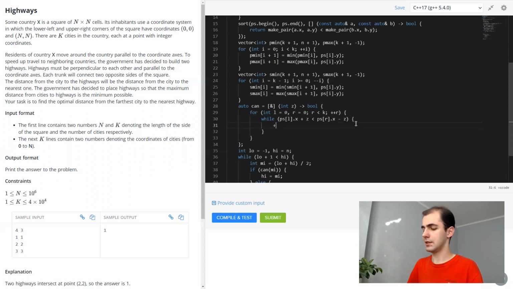So while this is happening, we should increment L, because it makes sense. And it will never do anything stupid, because even if z is 0, when L comes to R, there will be just equality. Now what we should check is the following.